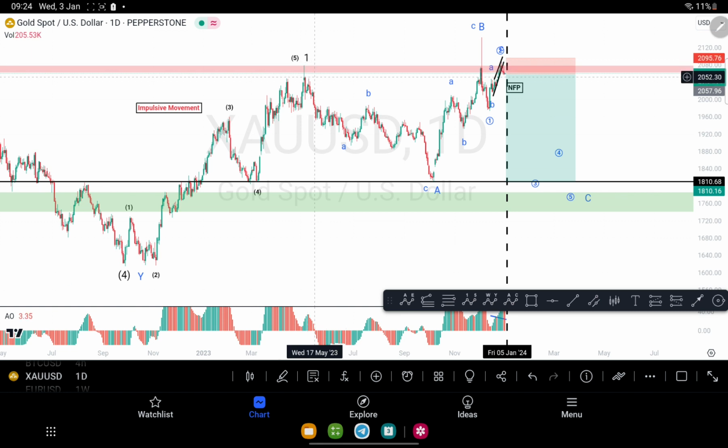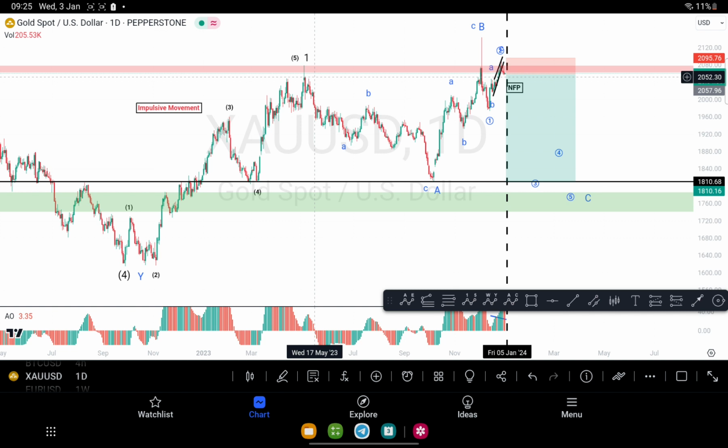That's why it's really important to understand the 5 different unique patterns we have in Elliott waves. Namely, they are the zigzag pattern, the flat pattern, the triangle pattern, and the double and triple three pattern. These are the 5 different patterns you would need to know if you want to apply Elliott waves to your trading. I'm not really going to go much into each of the patterns because that would take a very long video to explain. So this is just going to be my prediction for gold.